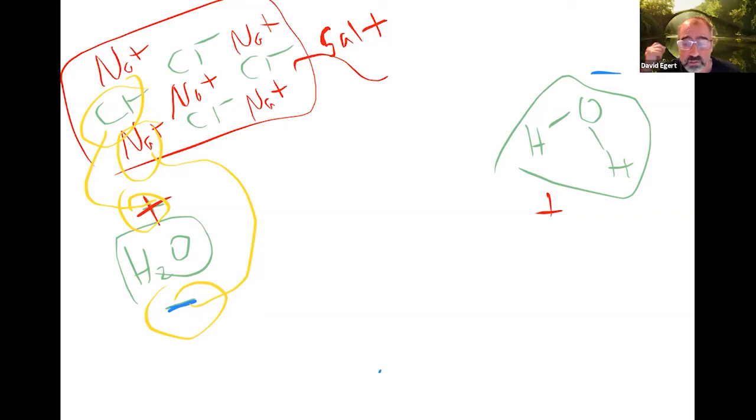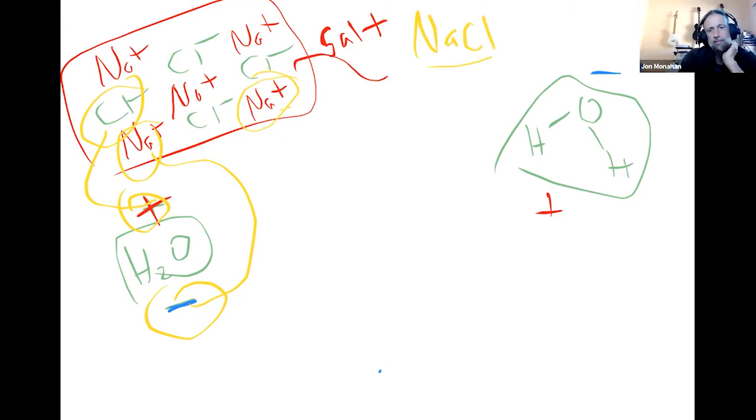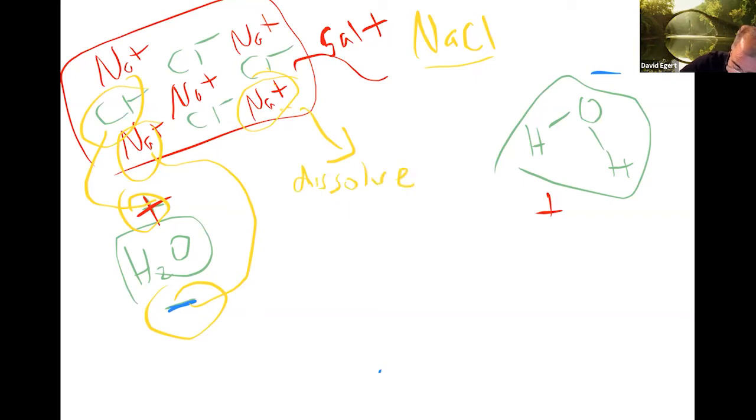Anybody know? Isn't it like more of a current or something? No, but let's stick with the crystal. What happens to the sodium? Does this sodium keep any relationship with the chlorine anymore? No, it's going to be attracted to the oxygen in water. Right. So each of these individual ions is going to become its own independent little thing floating around. So it's going to dissolve, but it's also going to do something more. It's going to dissociate